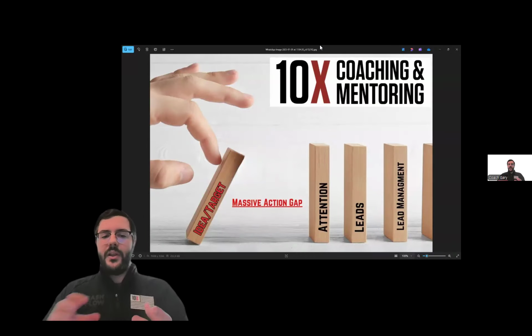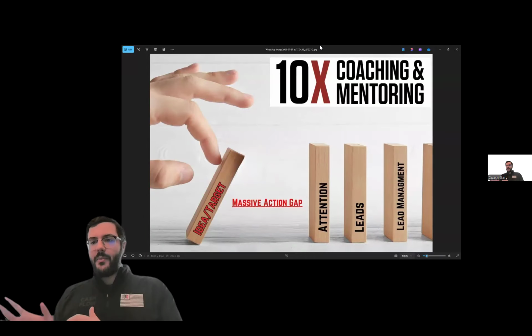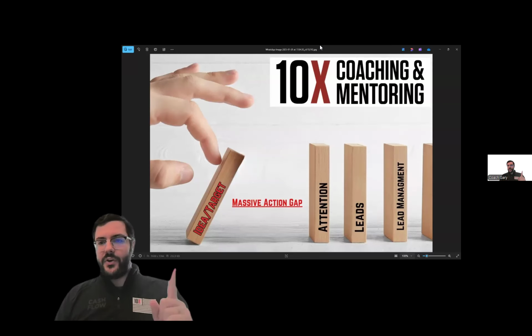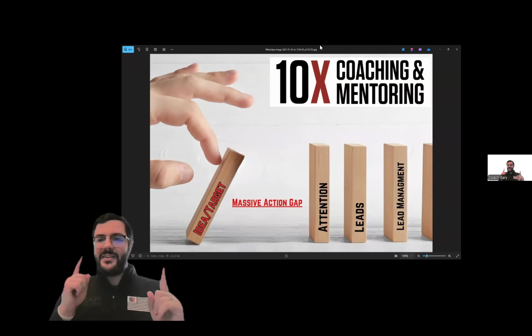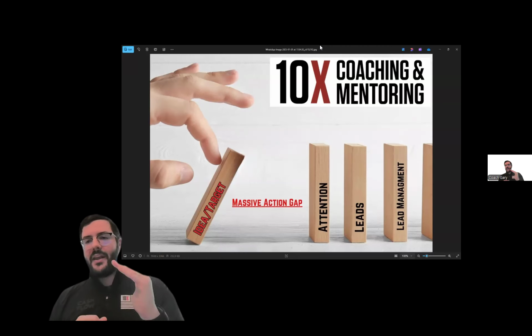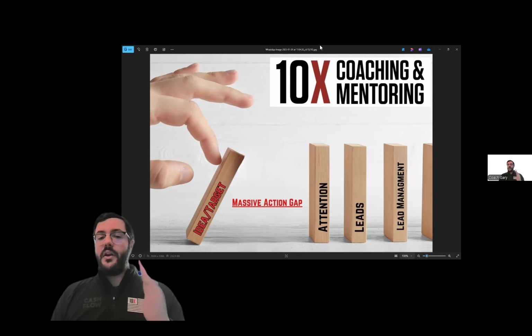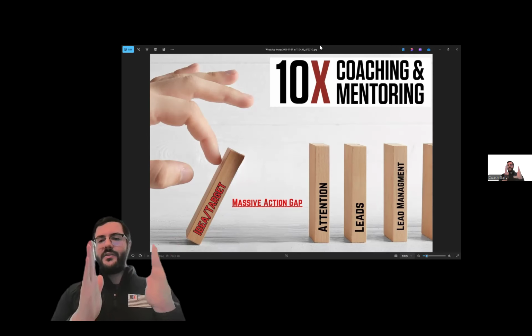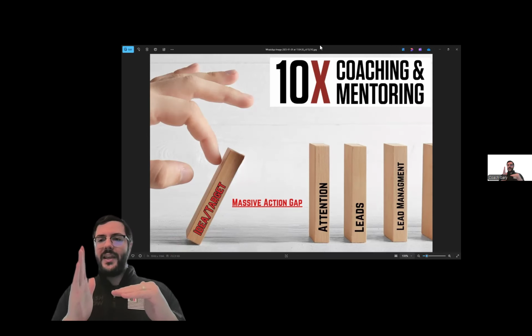But we often do have a gap. That's a skill gap. It's an opportunity. It's the gap of massive action. So when we look at the massive action gap, it's those same dominoes. Typically, the most common place for that to occur is between the first ideal target and the second potential domino. So as we tip that ideal target, we put that into action, but not enough action, where there's a skills gap and it doesn't hit that next domino, leading to attention still standing.